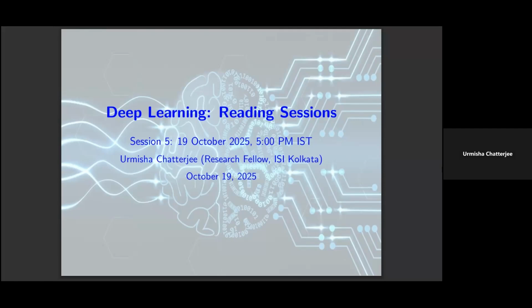In sessions 2 and 3, Abhidita covered multi-layer perceptrons. That was the simplest neural network architecture. And then in the last session, I covered some customizations of neural networks. Mostly it was related to Python implementation. And today we'll be looking at a new network structure, that is the convolutional neural network.